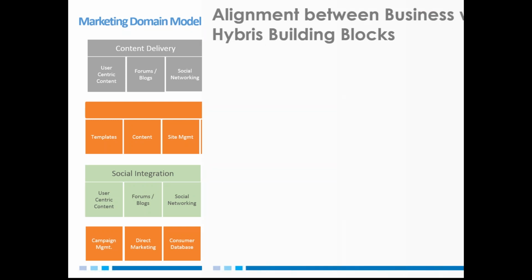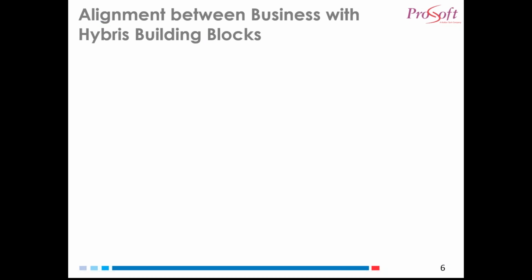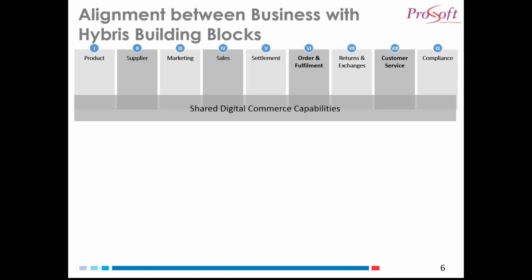and try to understand the alignment between these business components and the Hybris building blocks. What I just spoke about, I showed a very detailed view of the commerce domain model, and I also gave a detailed view of the marketing domain model. This one is a simplified view, just to show how we should start looking into what this architecture is, as well as how we are going to apply this to build